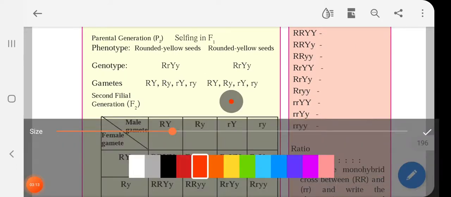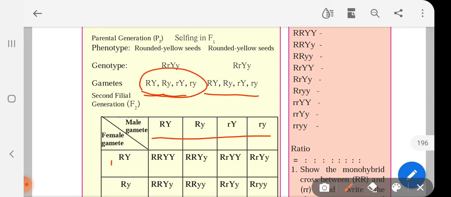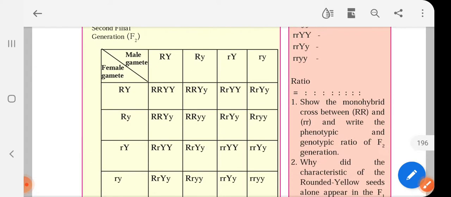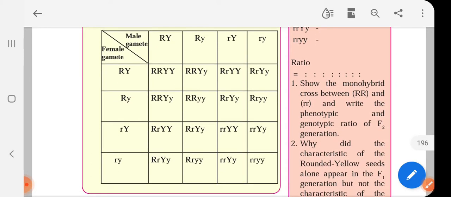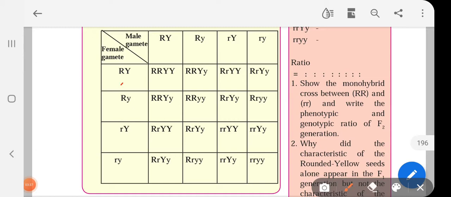Now if you see here, the possible gametes and the possibilities increase. You get 4 different possible gametes. Now if this is the male and these are the female, how are you going to cross them? See here. So you are going to get 16 such possibilities. It's going to be crossing like this. Every time you are going to cross each box with the 4 other boxes, right?